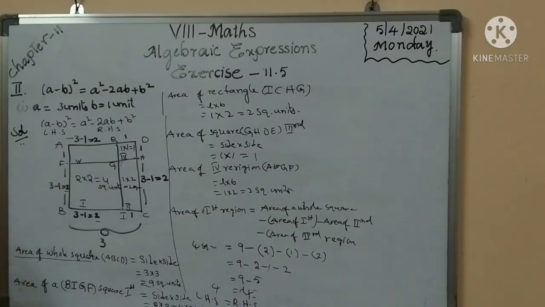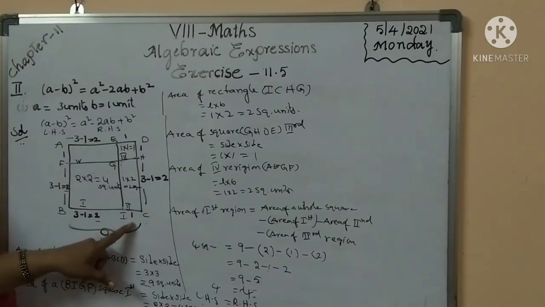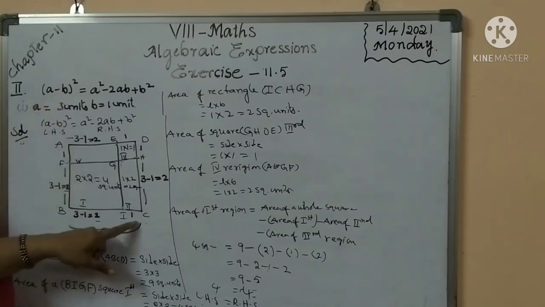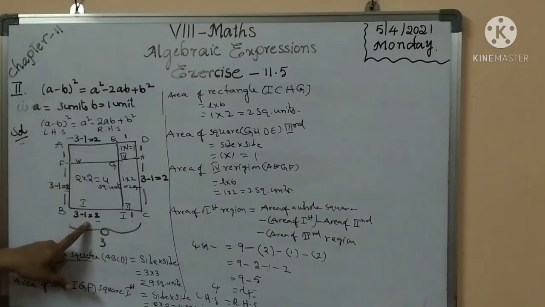Understand, children? Did you understand this one? So next problem, do the homework. Observe that, children. Everyone should use this method only, no need to write another method. It is a very simple method. Here the total is 3 units, and 1 unit is the minus part, because here a minus b, remove the minus b part. 3 minus 1 is 2. Did you understand? So the remaining second problem, do the homework.